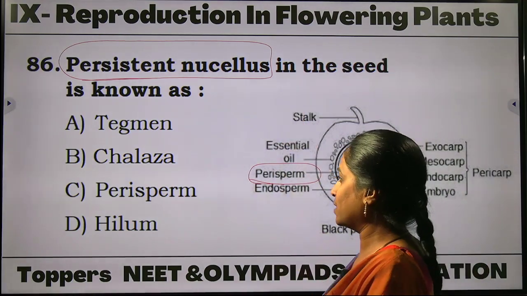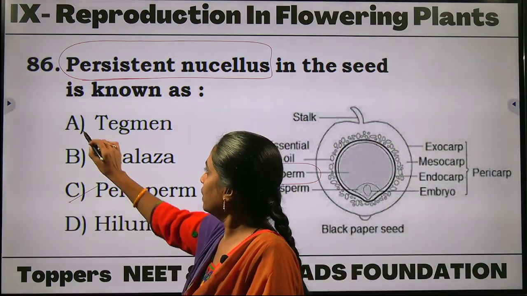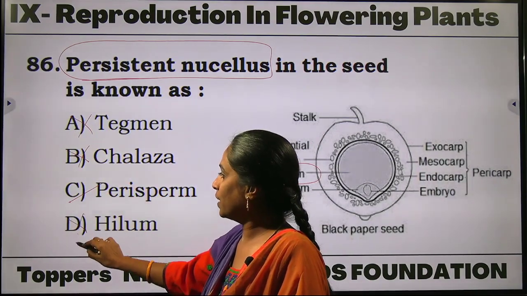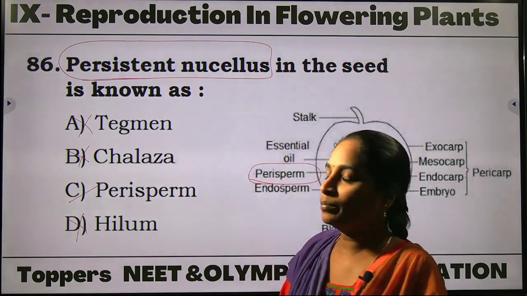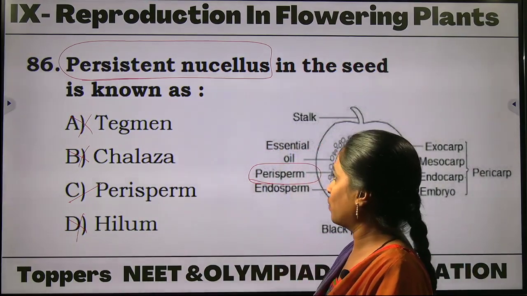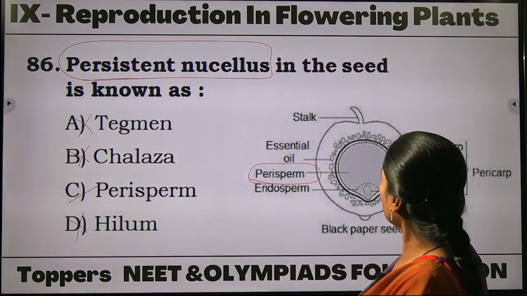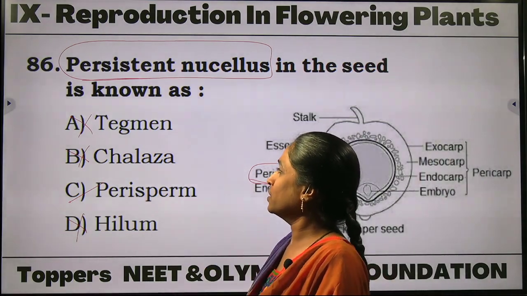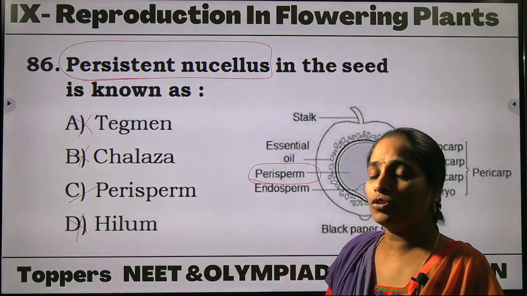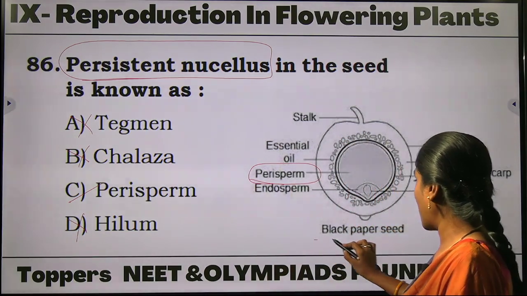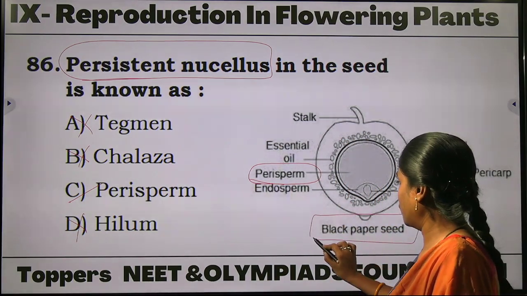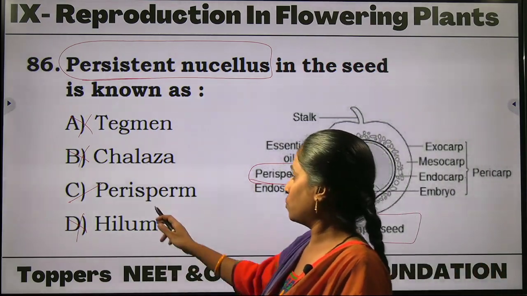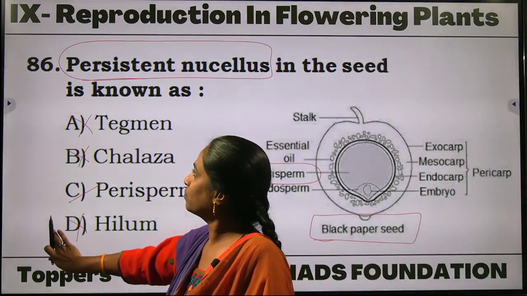The persistent nucellus in the seed is also known as perisperm, not the tegmen, not the chalaza and not the hilum. Okay, chalaza and hilum are the parts of an ovule. And what is tegmen? It's not given in this. Okay, so let us leave it. So what is the correct option? The persistent nucellus in the black pepper seed will be converting into a perisperm. Okay, option C will be the correct one. Next,